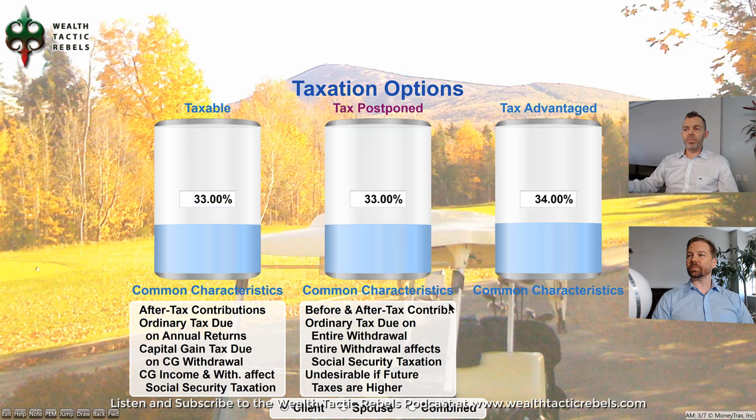Now, the tax postponed bucket, or tax deferred bucket: the contributions are made with before-tax dollars, sometimes after-tax dollars, in the case of, for instance, a Roth, but before-tax dollars for the most part. What type of taxes is it? It is ordinary taxes due on the entire withdrawal, right? The entire withdrawal affects Social Security and is undesirable if future taxes are higher,